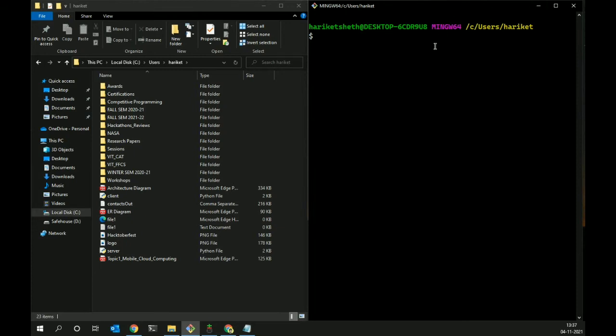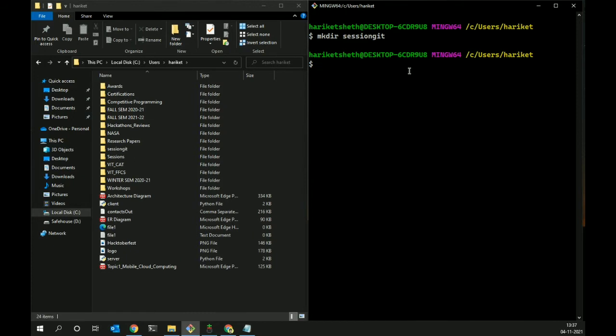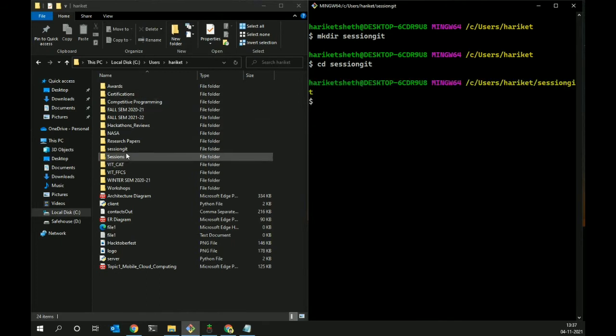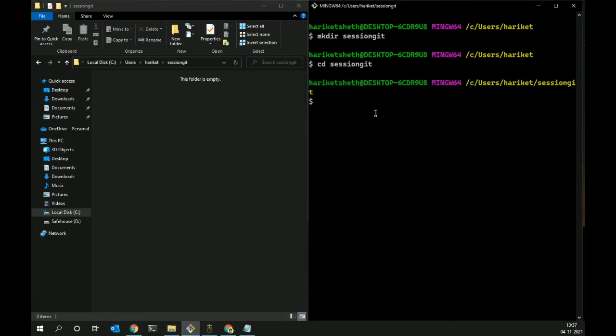Okay, so now let's move forward with the git commands. Before doing that, let us make a new directory. To avoid any confusion, let us name it session git. Okay, you can see the directory is created. Let me go inside this folder in the terminal and then on the left side. Okay, great. Now we are inside the session git folder. Now this is a normal folder. Just take it as that, mkdir makes a new folder.